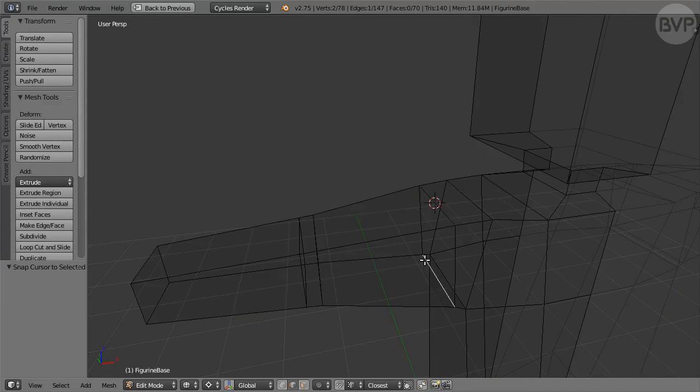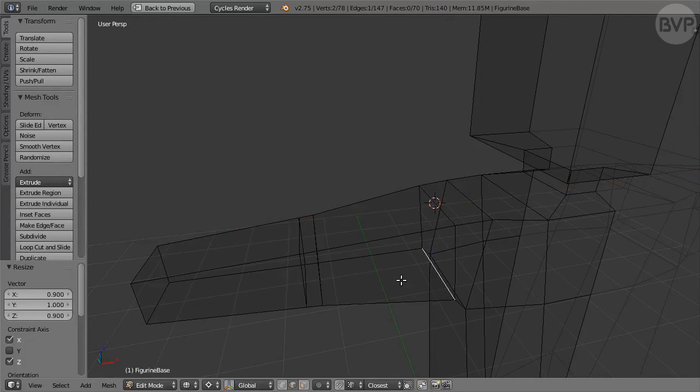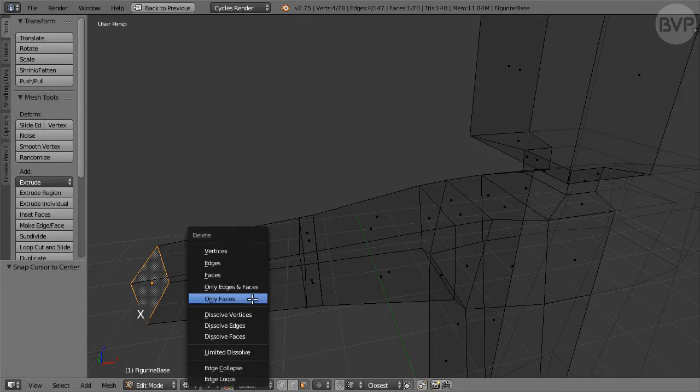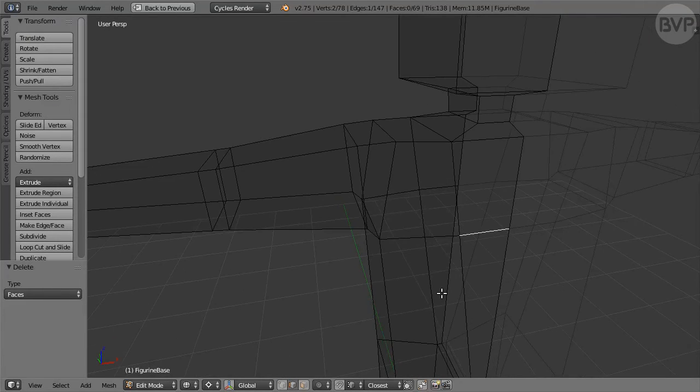Select the bottom edge of the loop, then S to scale, followed by Shift Y, enter 0.9. Press Shift S and choose Cursor to center. Lastly, switch to face selection, select the side face at the end of the forearm, press X and delete the face. That's the arm done. Next we will shape the torso. Switch to edge selection mode, select the center front edge on the chest, like so, and press G followed by